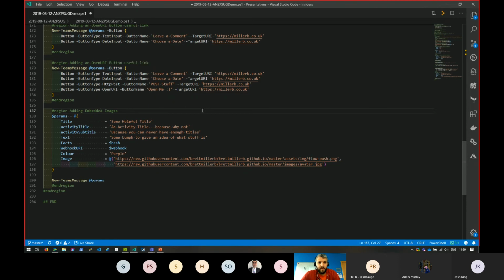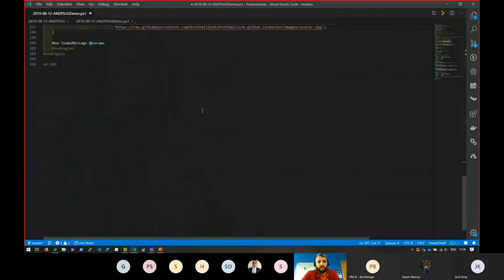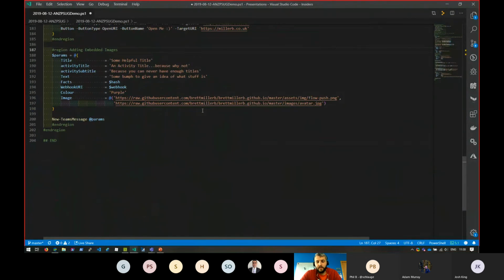So it's pretty customizable, and if you're using Azure Automation or anything like that, you can import it into Azure Automation and then customize what you're sending to and from Teams. So it's pretty good. It's pretty extensible, and we use it quite a bit for notification messages for script output.